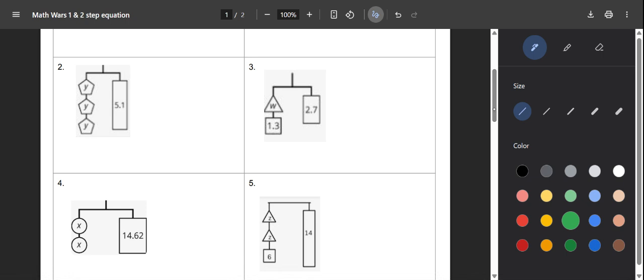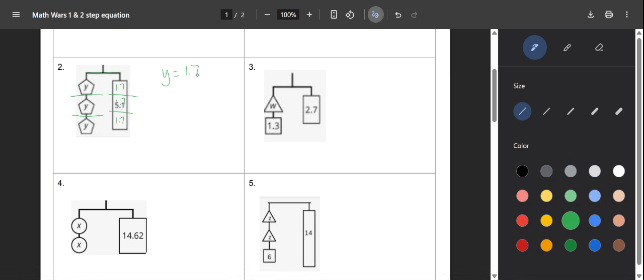Looking at 2, I have 3 sets of y on the left side, and over here on the right side a 5.1, or 5 and 1/10. In order to figure out how much one of those y's weighs, I'm going to need to split it into 3 equal groups. If I split this into 3 equal groups, I also have to split my 5.1 into 3 equal groups. When you do that, you get 1.7 in each group. So y has to be equal to